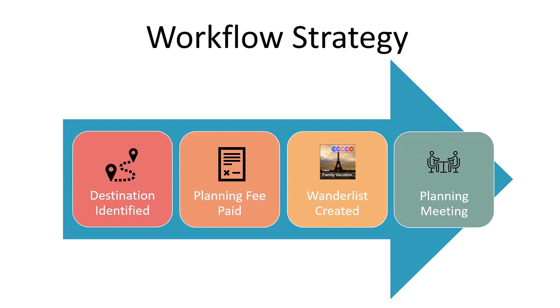So she really started using terminology for the bride that made sense to the bride. She started a Wanderlist for that destination with some of the ideas the bride had talked about, and then sent that over to her. And by that afternoon, the bride had signed the contract and written a check. So it was a great way for Roseanne to differentiate herself. So she flip-flopped the steps of the strategy a little bit, and I like that idea. I think that could work for a lot of advisors. So it's up to you how you do these steps. But I do love that they're utilizing this in a way to help them manage their workflow right now.